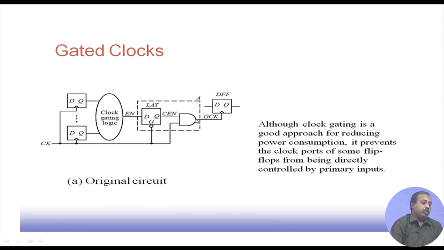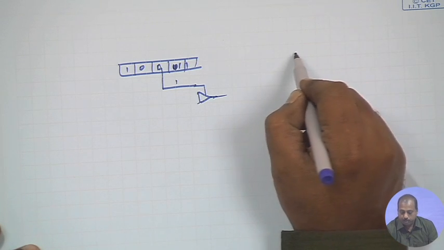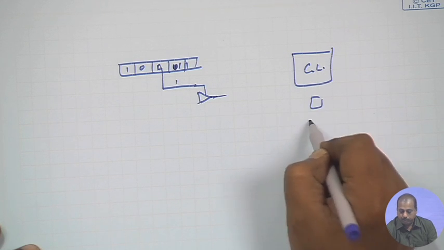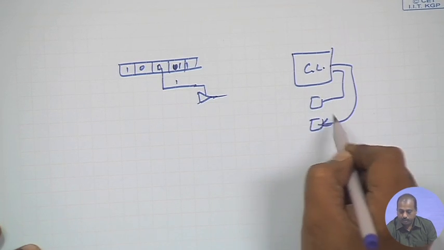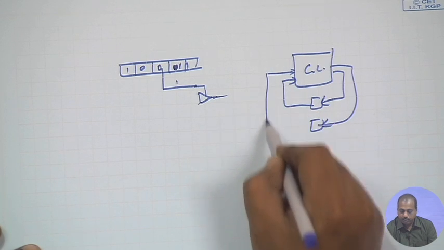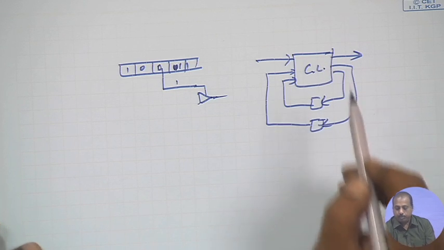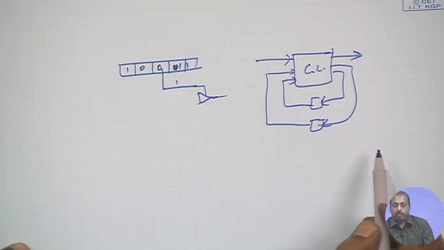Another very important design style that we have is the clock gating circuit. Clock gating is done so that we want some portion of the circuit to become inactive from the power consumption point of view. This is a good approach for reducing power consumption. In a typical sequential circuit design, there is a combinational logic and there are flip flops feeding this combinational logic. Now, if we find that for some time this system should not work, meaning its output is not that necessary,